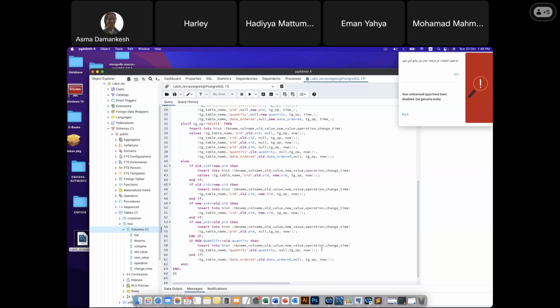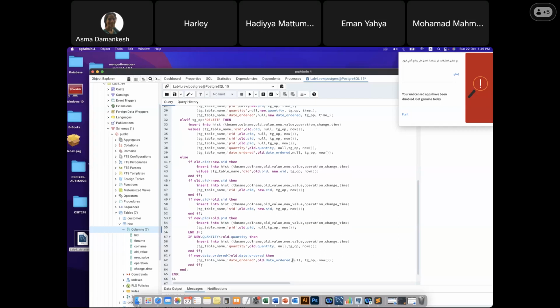And the last one, if new.date_ordered equal all.date_ordered not equal, then I'm sure in the previous one I did something wrong with this case, and if, okay,